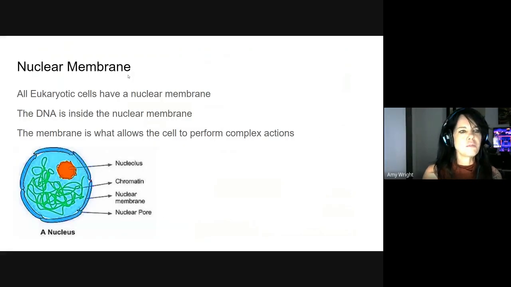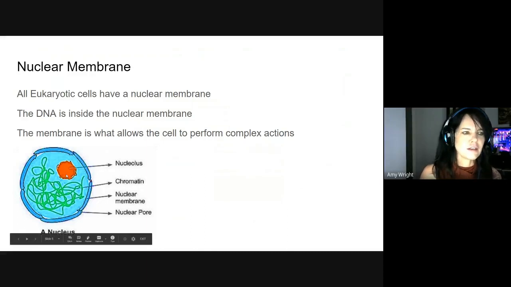Okay, nuclear membrane. All eukaryotic cells have a nuclear membrane. The DNA is inside of the nuclear membrane, and the membrane is what allows the cell to perform complex actions. Here's how complex. There's a name for every little teeny tiny part of a cell. You really don't need to know all of these, but you do just need to know that we have a